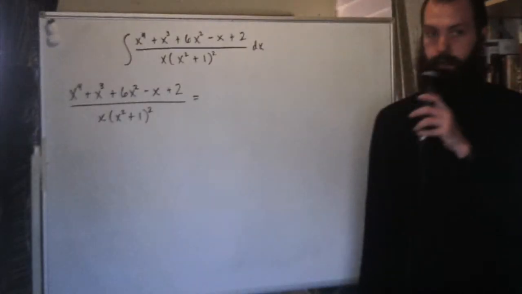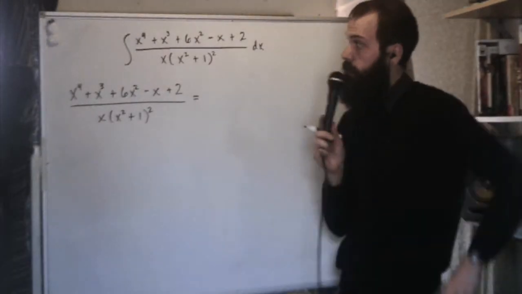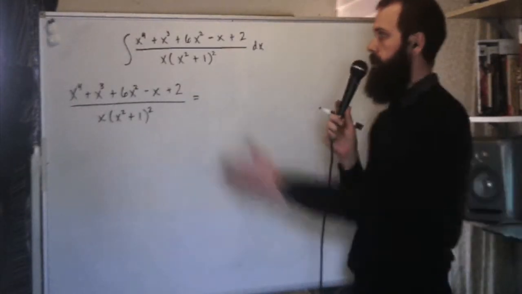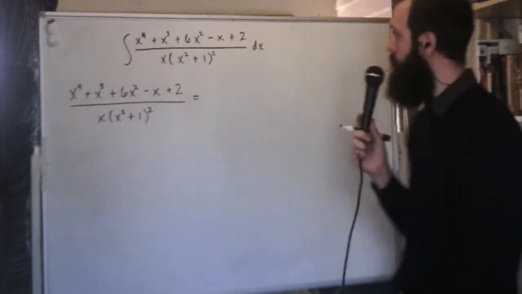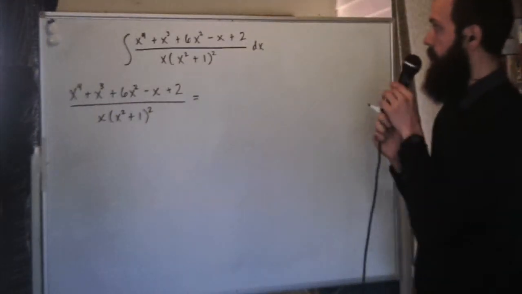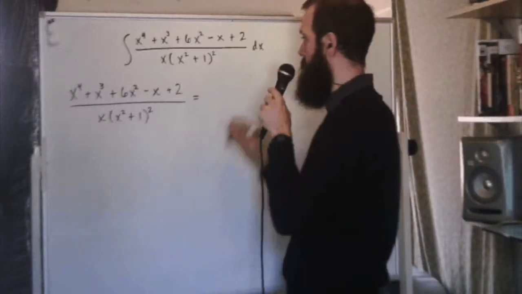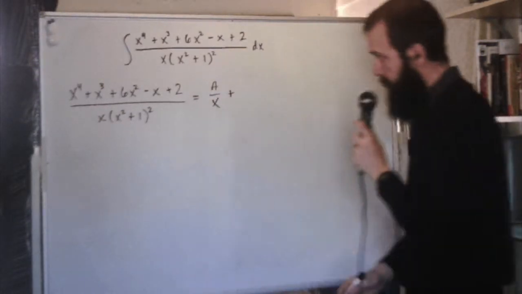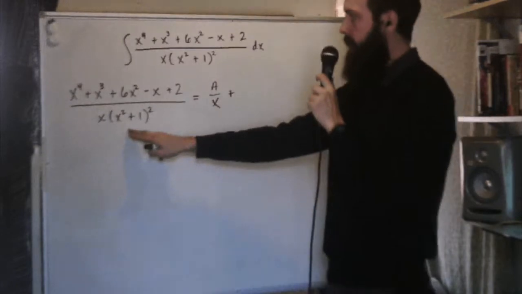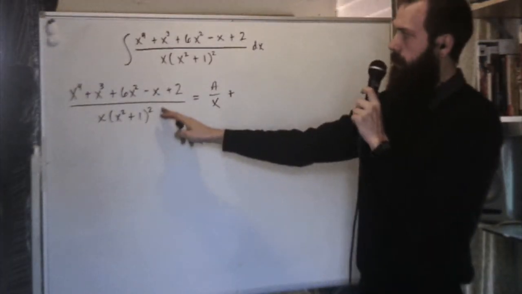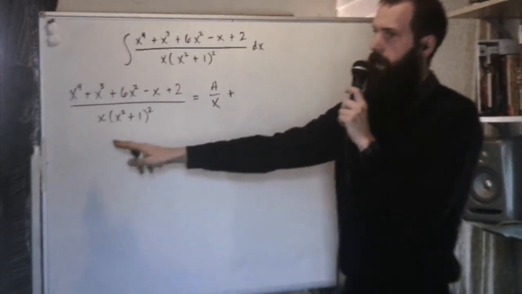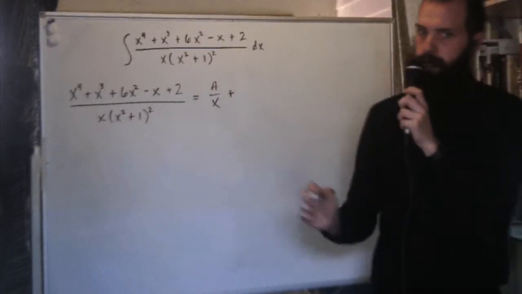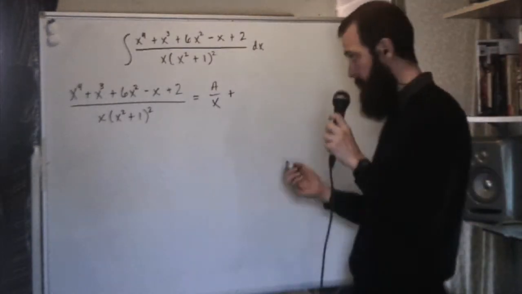Okay, I've set up a fourth example here. Now that we've solved 3 examples of partial fraction decomposition, something like this should be no problem, right? Let's give it a shot. Now the first factor in the denominator is a lone single x. We know what to do with that. But now we've got a quadratic squared. We know what to do with repeated linear factors. We know what to do with quadratic factors. But with quadratic factors that are repeated,